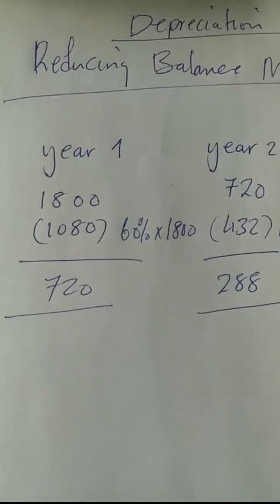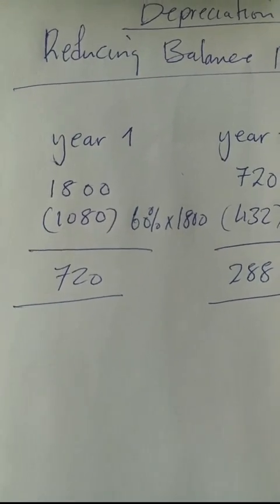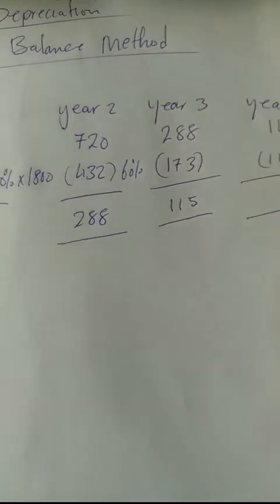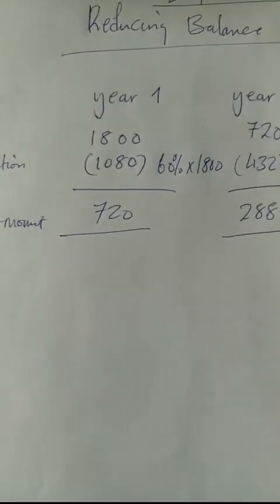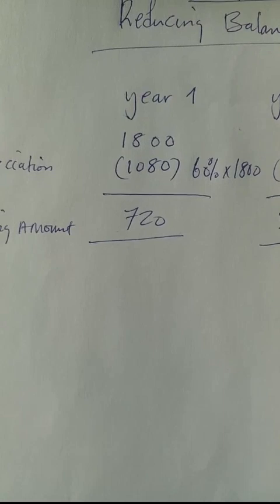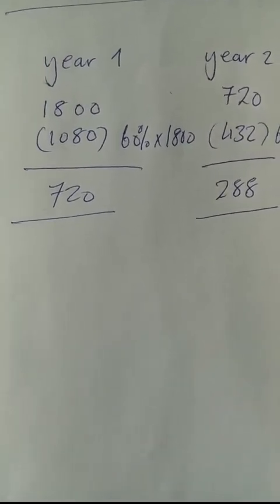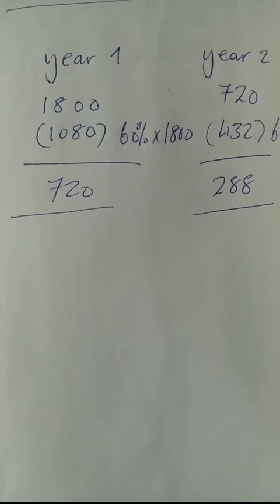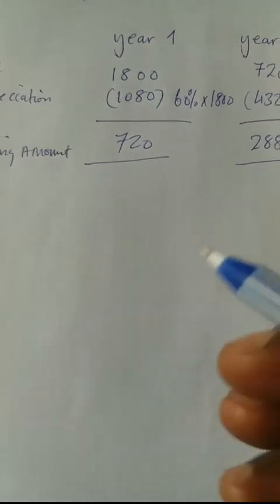Okay, let me quickly explain the reducing balance method. As you can see on my table, I've worked out something. But first of all, let me read the question that I have. So the question reads, a business purchased a laser printer costing 1,800,